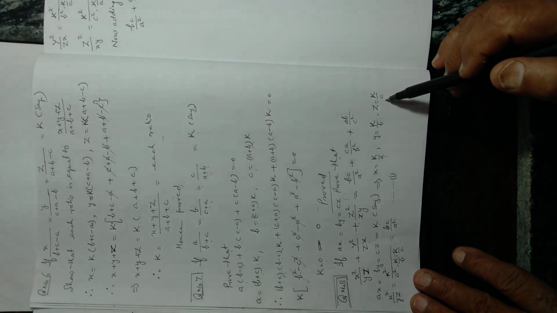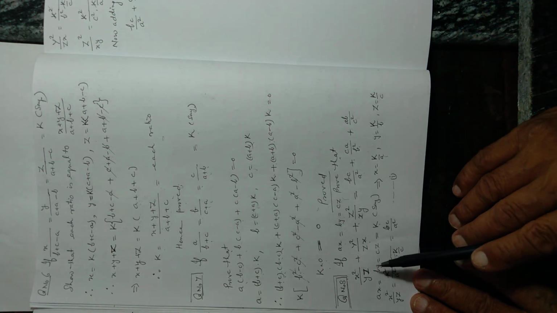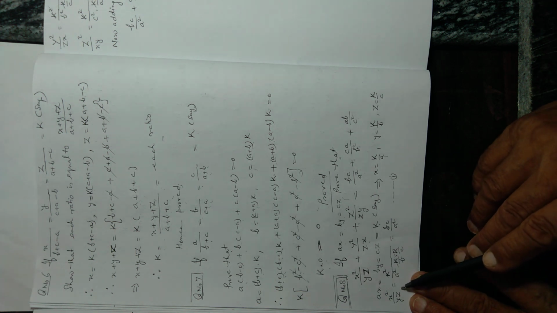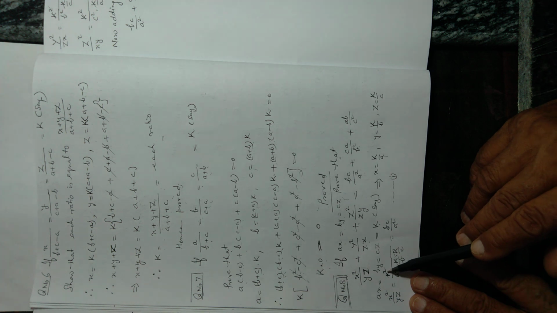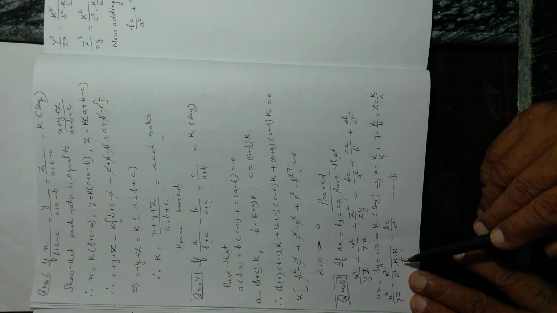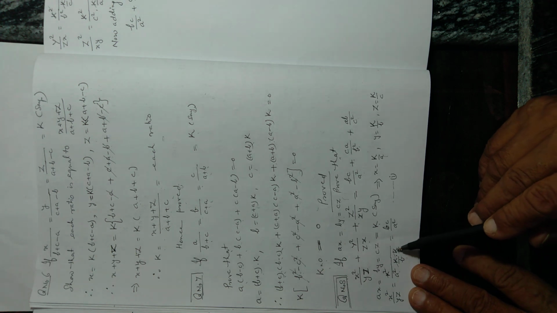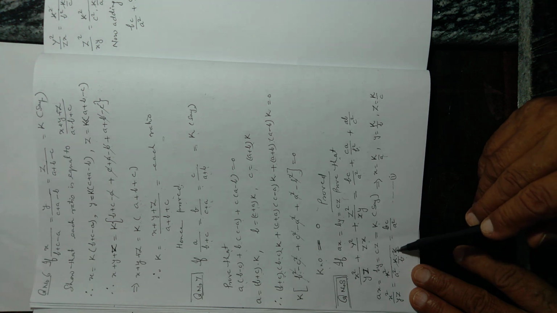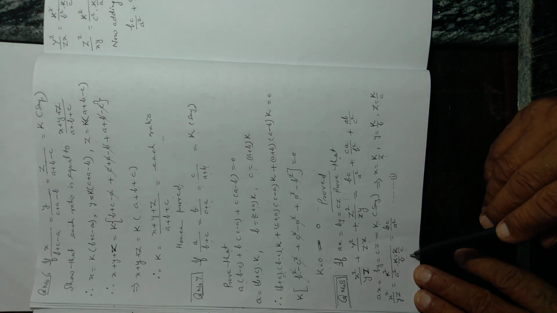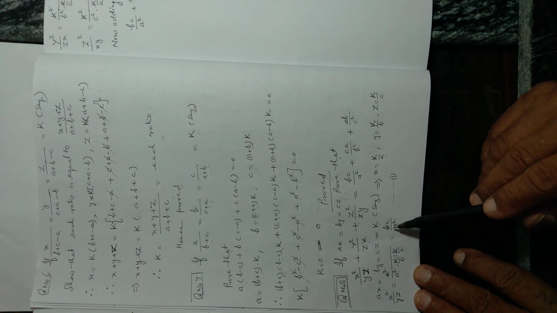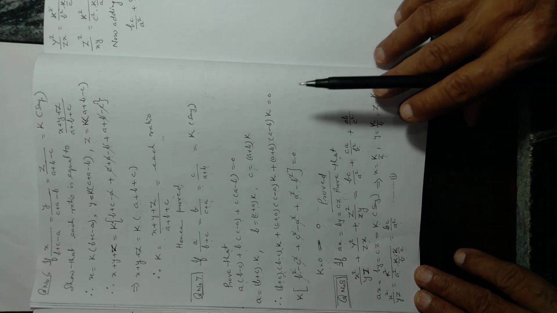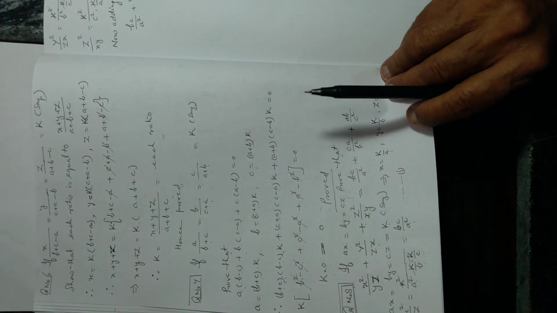Now substitute these values in x square upon yz. For x square upon yz I have substituted k square upon a square, for y I have written k by b, for z I have written k by c. You see the k square and k into k again, these two will be cancelled. And this b and c from the denominator will go to the numerator part. So ultimately we will get bc upon a square. This will be the first part, first equation.